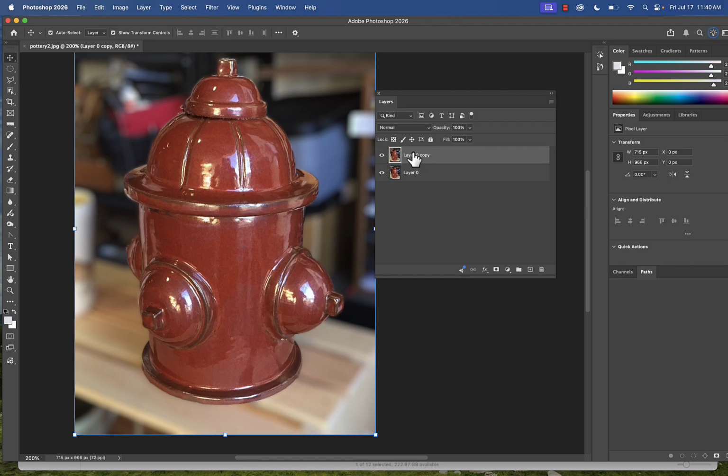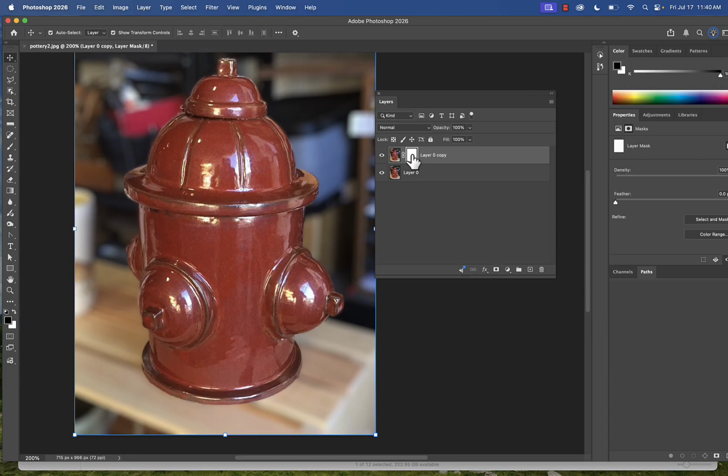I'm going to make a mask on this top layer here. There's a little moon-shaped object called a mask at the bottom of the layer window. If I click on that moon shape, it'll give me a white area here. How a mask works is the black area is going to be transparent and the white area is going to be opaque. And in order to do that, I'm going to use a gradient, so it gives me a gradual